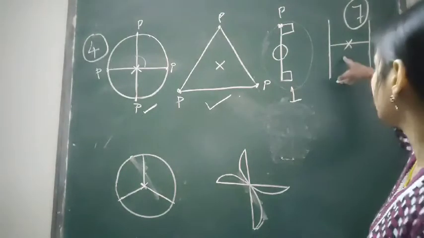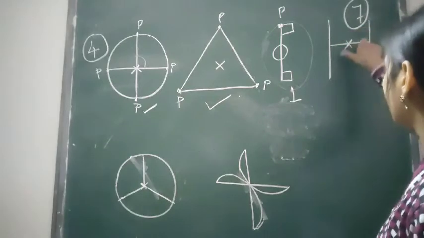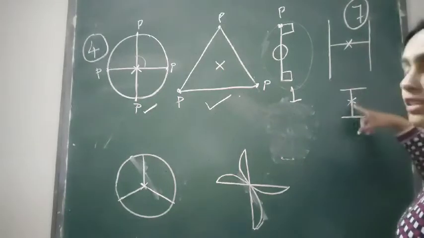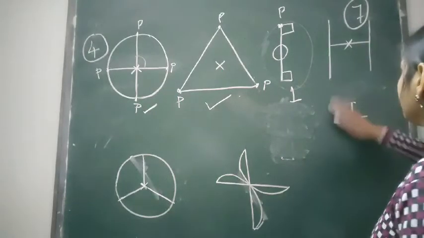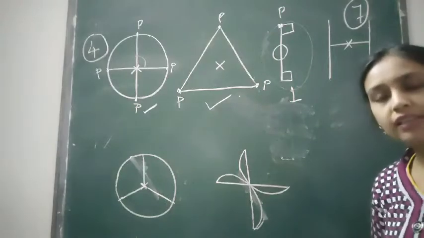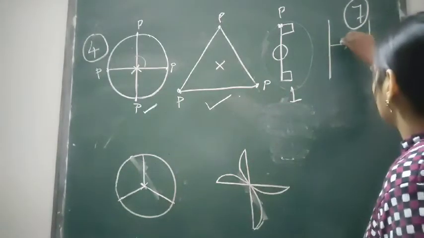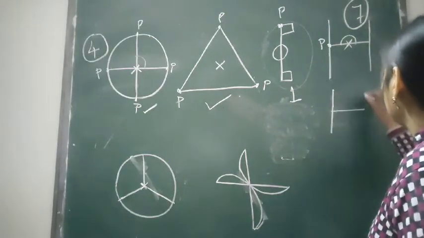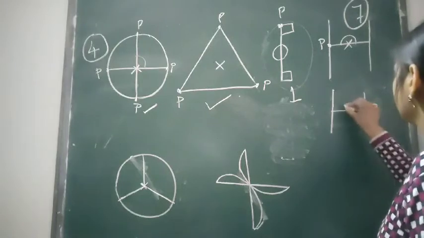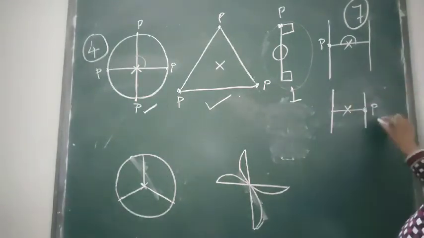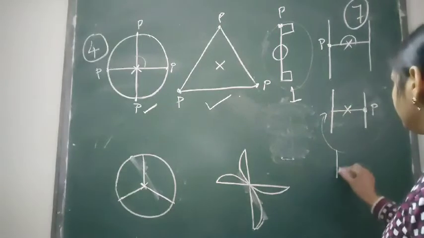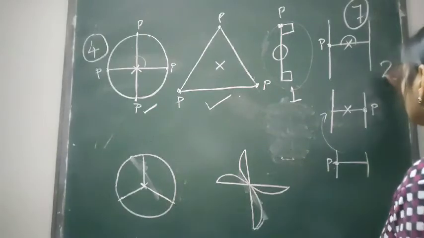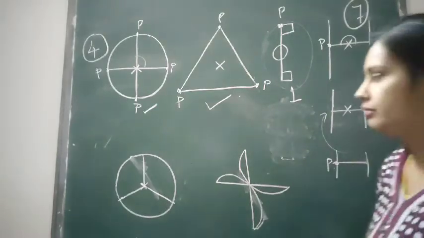Order is 1. Here if you rotate it like this, 90 degree, it will become like this, where we can see the difference. So there is no symmetry. That means it will not rotate at 90 degree, instead it will rotate at 180 degree. So it will rotate like this. Suppose you mark a point P here. So your P will reach here, correct? And then again if you rotate it back in second order, P will reach here. So how many orders? 2 orders. So order 2. So this is also more than 1.